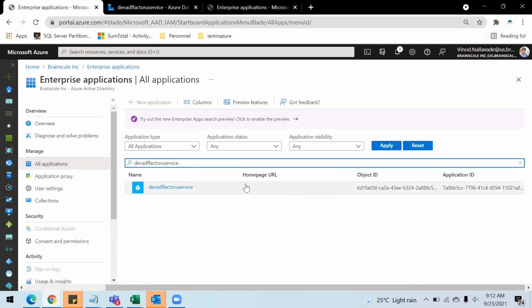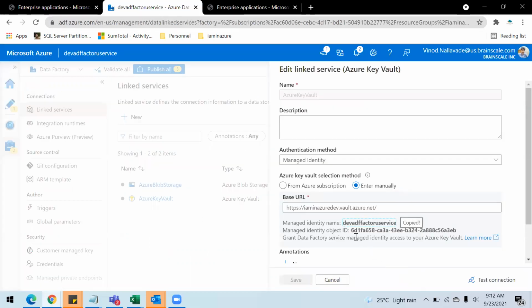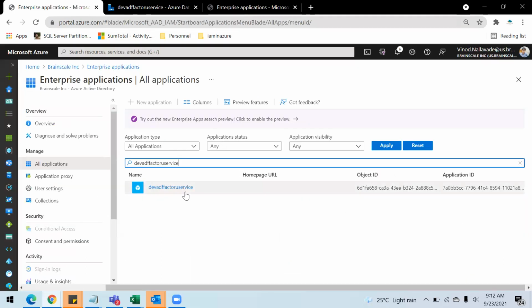You will be able to see it here. This is your object ID, which is 691FA something. That is the object ID that will be created whenever you create the ADF service. This is again system defined, so whenever you delete the ADF pipeline, this system defined identity will be automatically deleted.